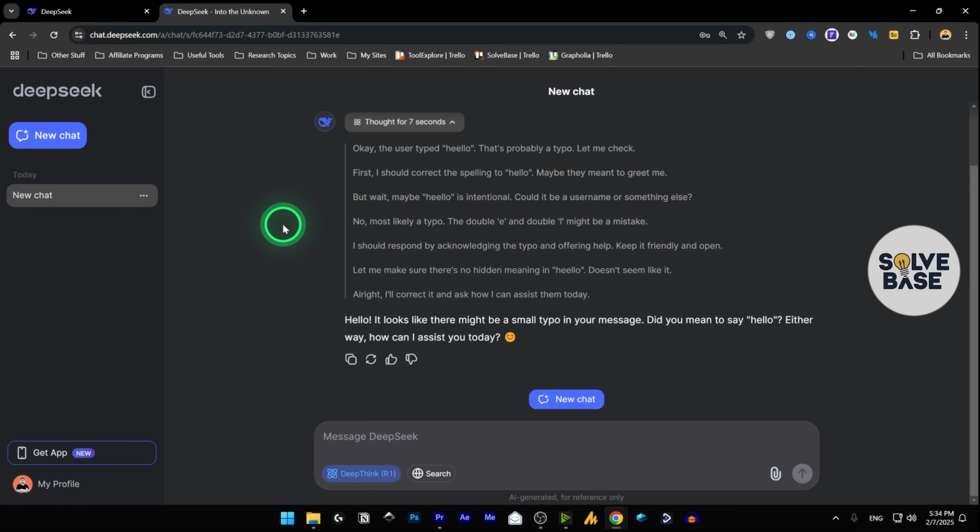To rename a chat on DeepSeek AI, first open up deepseek.com on your browser and log into your account. Once you're logged in, type in something in the message field or create a new chat. And if you have a chat history on the left-hand side and you want to rename the chat like this one,